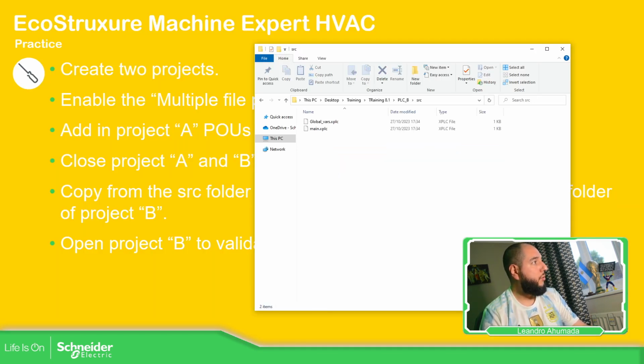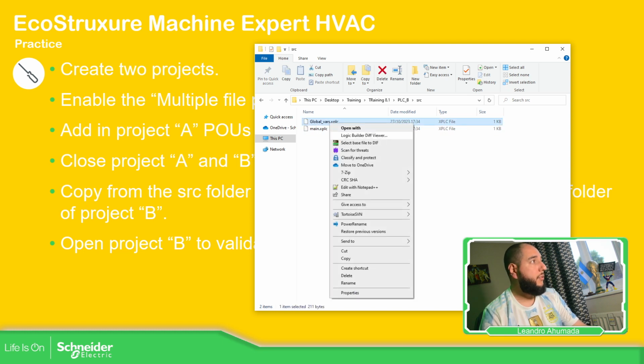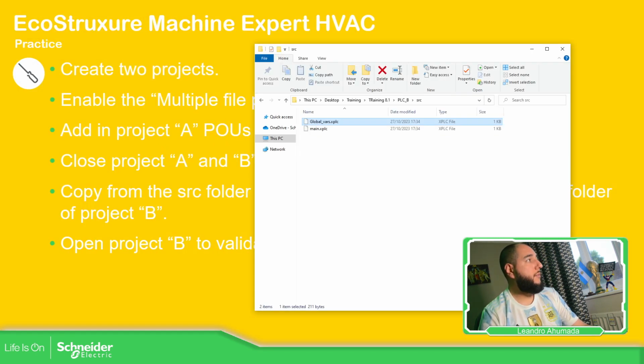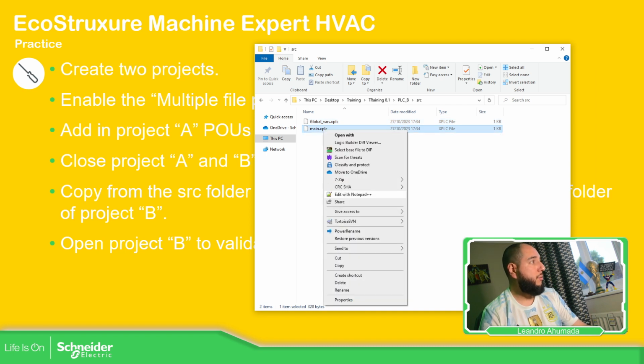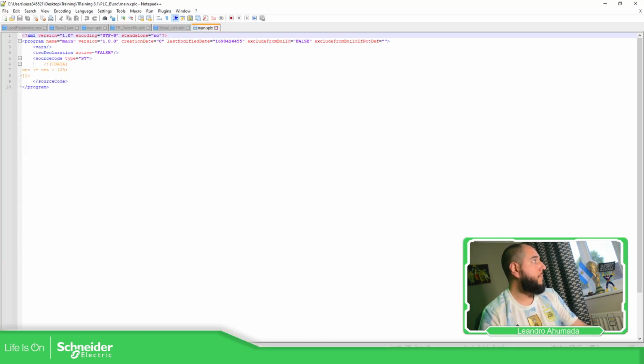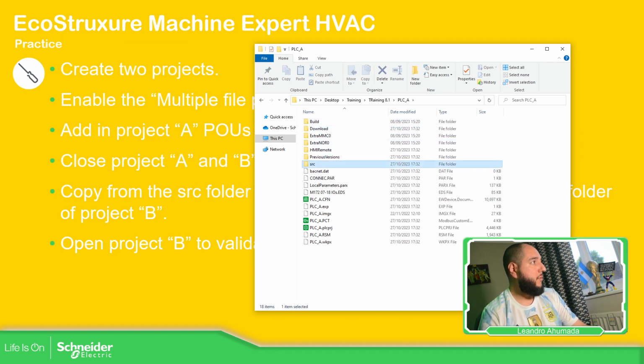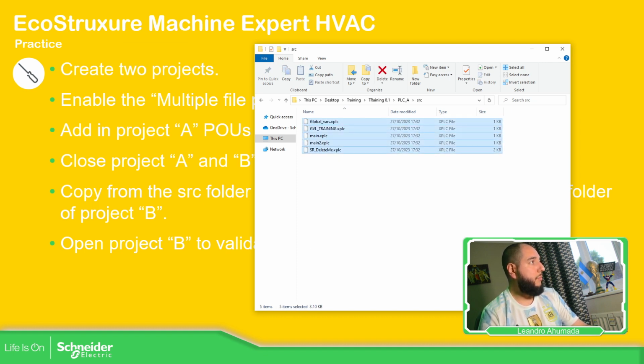And now we have the source. I have the global variables, I have the notepad, count declaration, and I have the main. In this one we have the 1, 2, 3. So now I can copy from the PLC A source. I'm going to copy all this, Ctrl C,